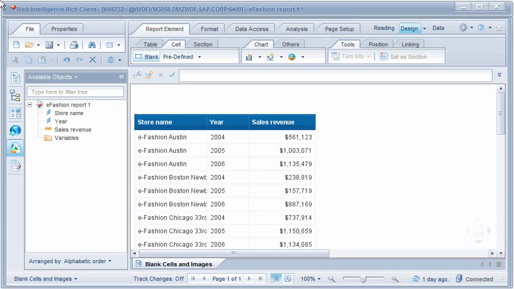Note that this is relevant only for documents enabled for mobile access using the default card layout model. For documents enabled using the page layout model, assigned to the Mobile Designed category, blank cells and images do not need to be specially configured to display in SAP Business Objects Mobile. Let's start by inserting a blank cell in the report.